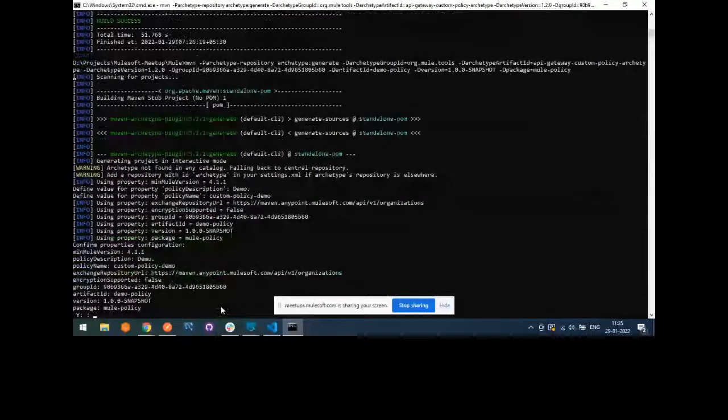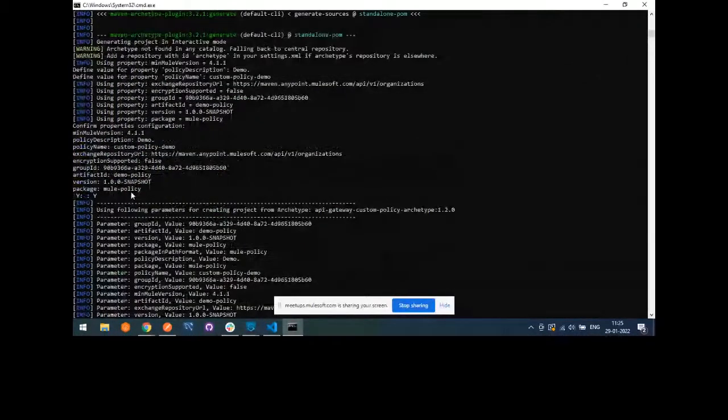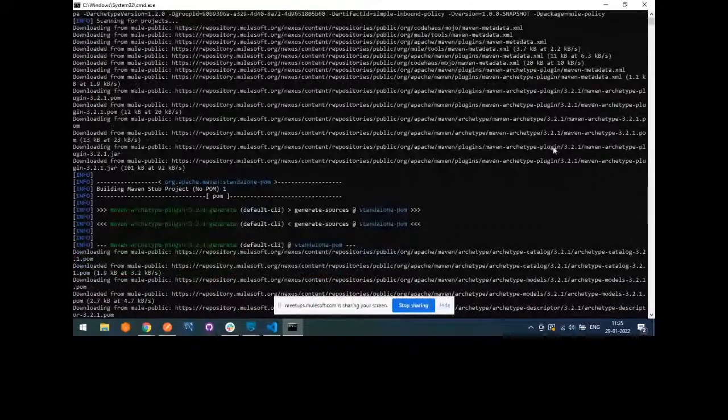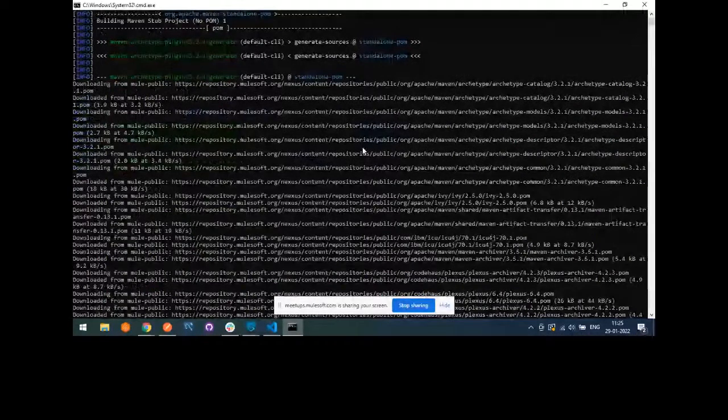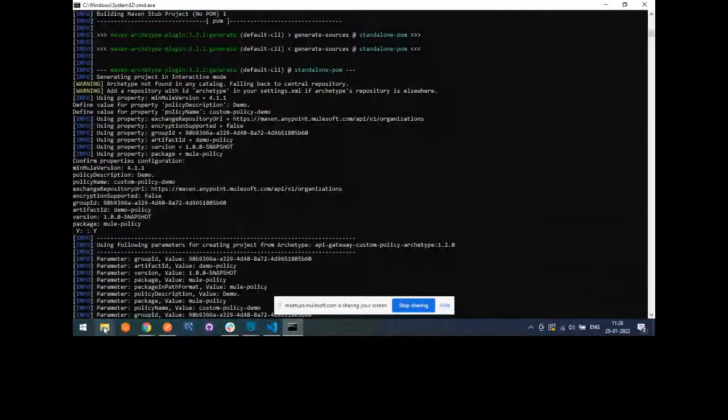Then it will show you the details that it's going to use to build it, and when you say yes, it builds it. You're seeing very few logs over here because I have previously built a policy. But when you build it from scratch for the very first time, you should see all these files getting downloaded from the Maven Archetype plugin, all the dependencies being downloaded. And then once the project is created, you will end up with